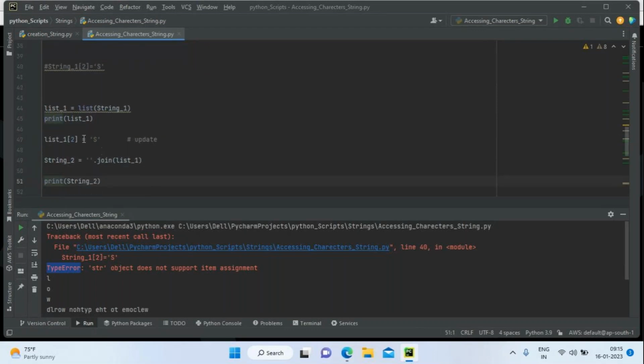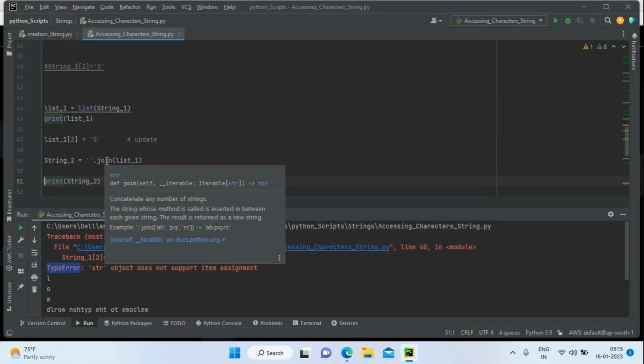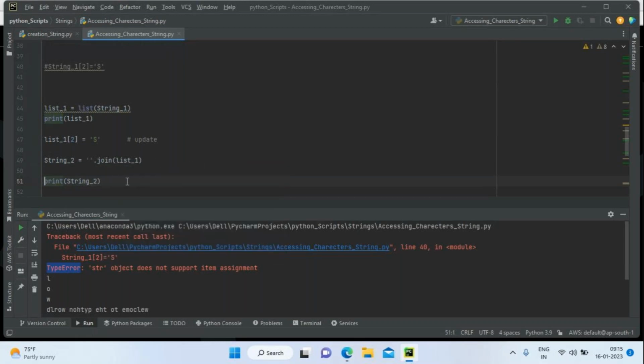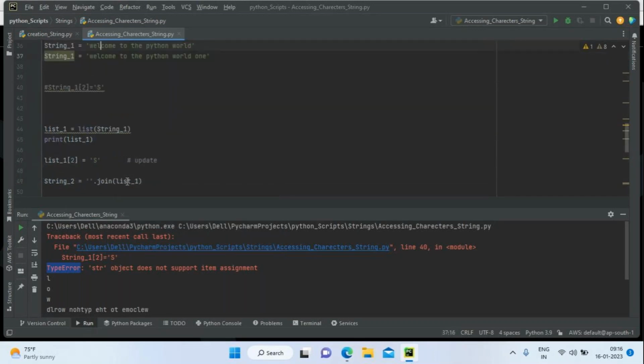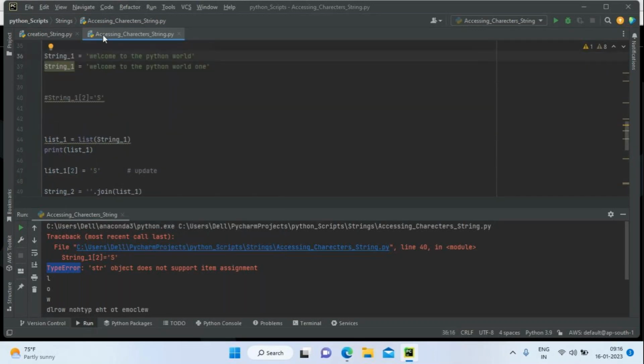Finally, I'm converting list to string. For this approach, I came for it because directly I can't change the string. That's why I converted the string to a list, and after changing my character,